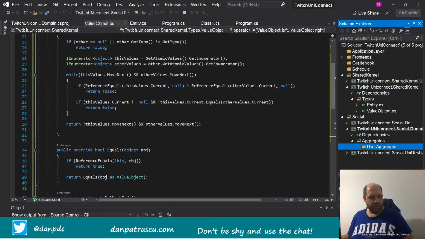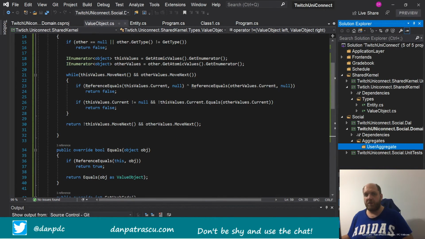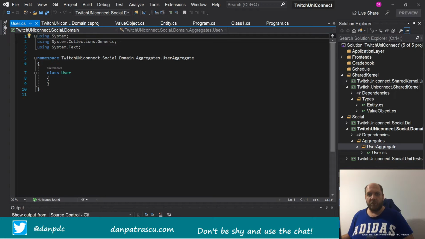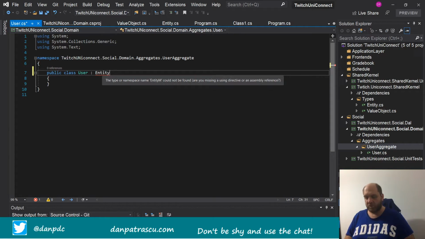a user. And right now what we can do is simply create a new class, and we'll call it user. It would be a public class that would, of course, be an entity. This would be an entity because each user should be identified by its ID. Theoretically, two users could have the exact same properties, but they would still be different. So it would be Entity of GUID. Of course, we would have to add the reference to this shared kernel project, and then everything should be